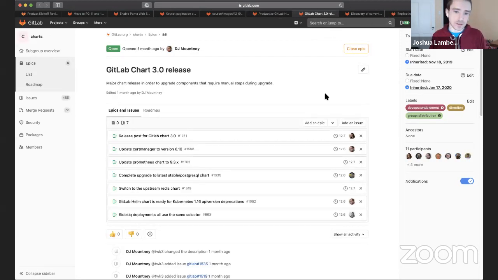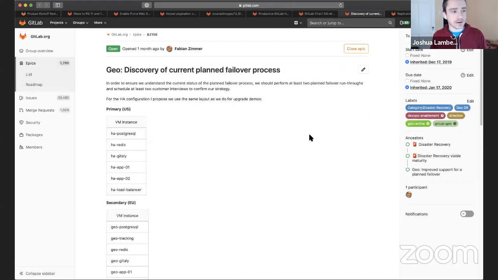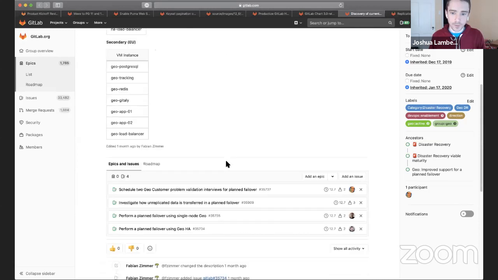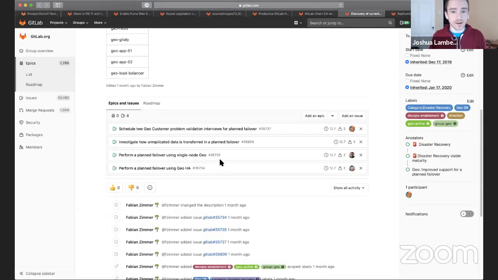As you can see, a number of improvements here around things like Kubernetes 1.16, getting ready for Helm 3, also some of our dependency updates. And then the last thing we want to work on here is improving disaster recovery. And so you can see we're actually working to improve in particular the documentation and understanding we have of the current failover process. So we have a bunch of investigation we're doing here to make sure we have a deep understanding of how this can be done today and where the gaps are, sort of a baseline, if you will.